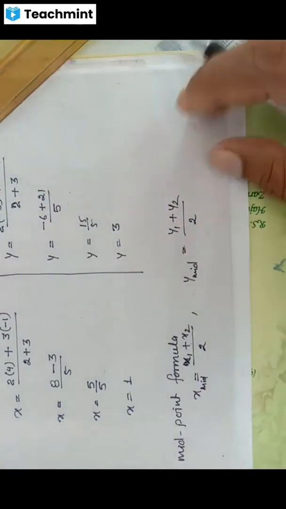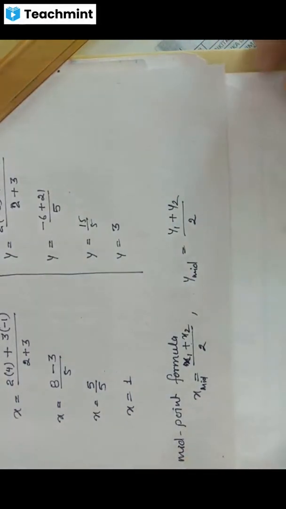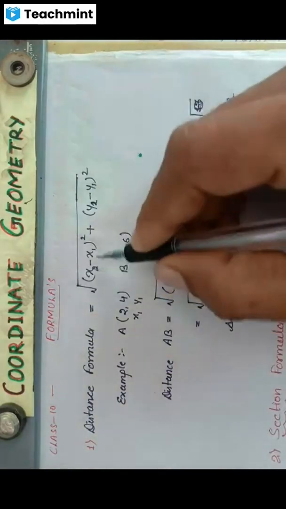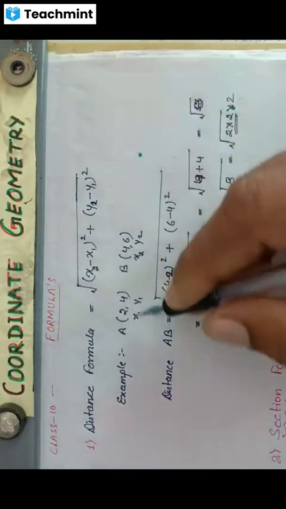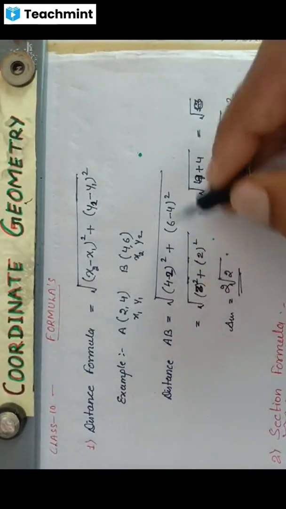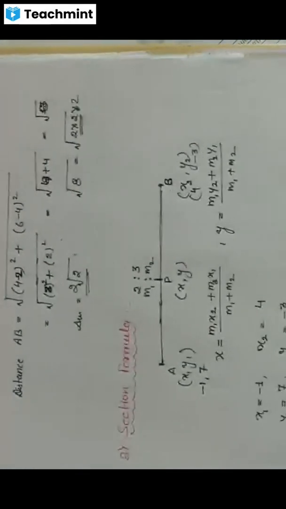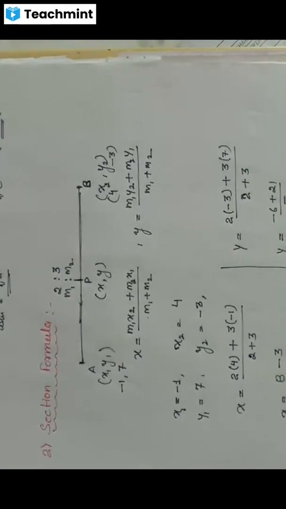What happened? Anything? This first, your distance formula, x2 minus x1, y2 minus y1, with A and B we have considered. Here, putting x2 equal to 4 and x1 equal to 2, after putting it you can see that the value is 2 root 2. But section formula is this, we have taken a section formula as a value, then we have gone for a midpoint.